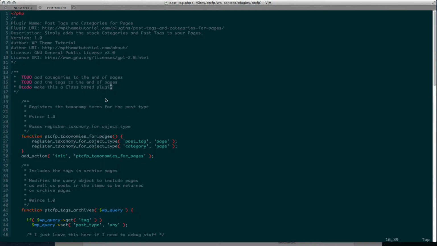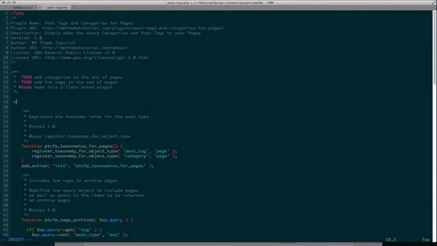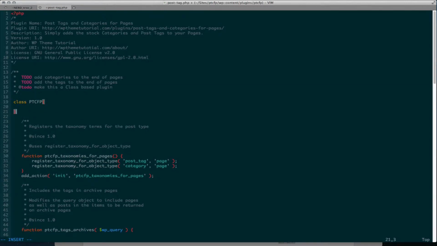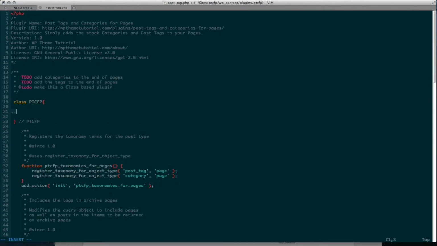The first thing I'm going to do to turn this into a class-based plugin is build a class. So we're going to call it class Post Tags Categories for Pages, and that's it. And I always terminate mine with comments as well, thanks to Mr. Tom McFarlane. So the next thing we're going to do is call function